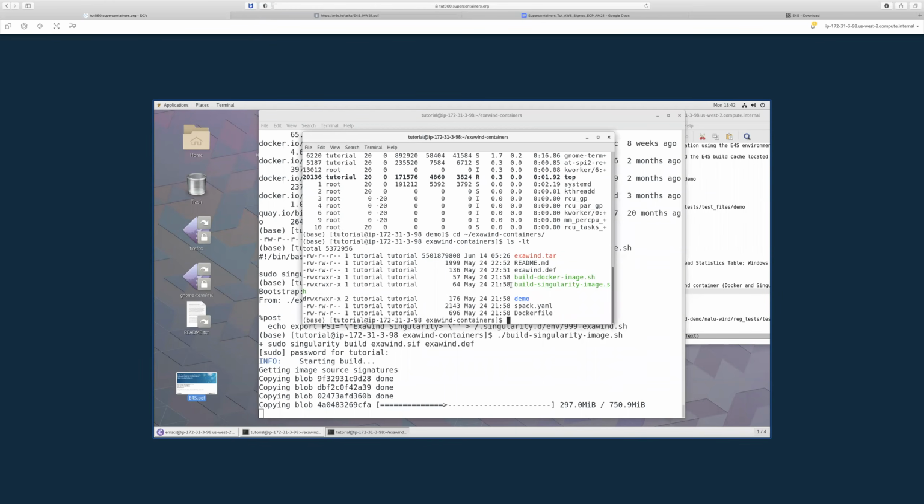So what did we just cover? Besides learning about how to create a simple Docker or a Singularity container, we learned about Spack. We learned about the use of build caches. We substituted MPI. We also looked at removing the Naluwind application and installing it using the build cache. Then we went and